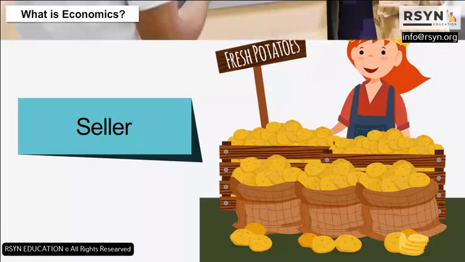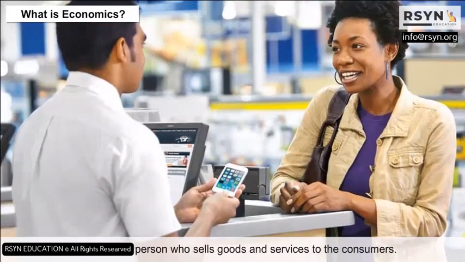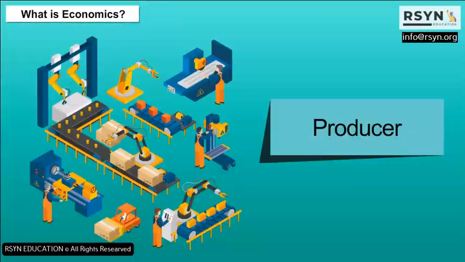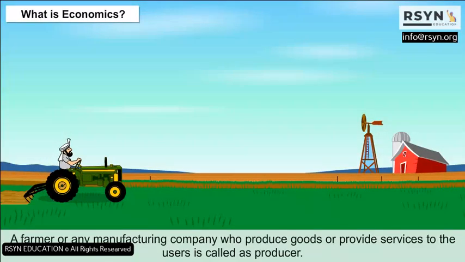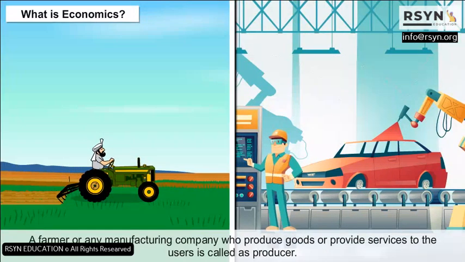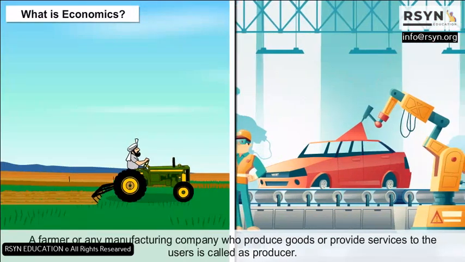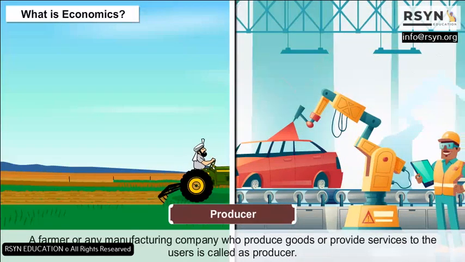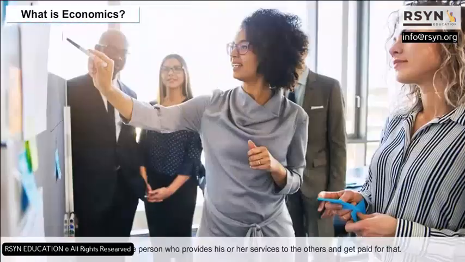Seller. A seller is the person who sells goods and services to the consumers. Producer. A farmer or any manufacturing company who produces goods or provides services to the users is called a producer. Employee. The employee is